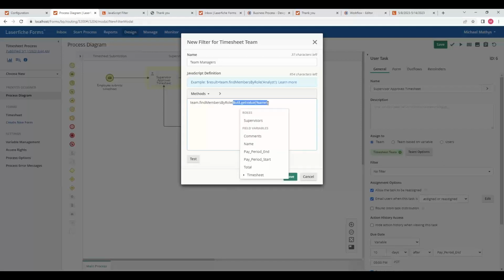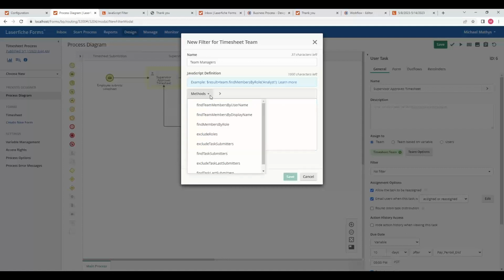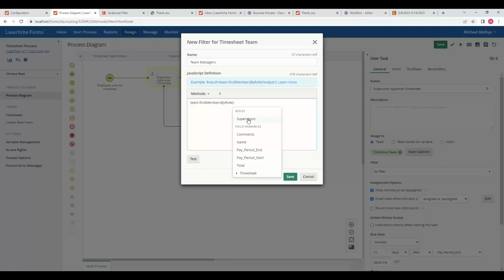Here I'm going to get rid of this information and we are going to select supervisors. Whoops, let's try this again. Find members by role, supervisors. If we test,